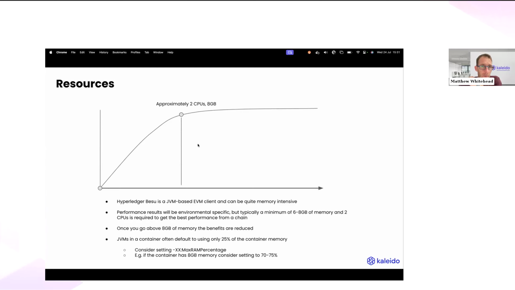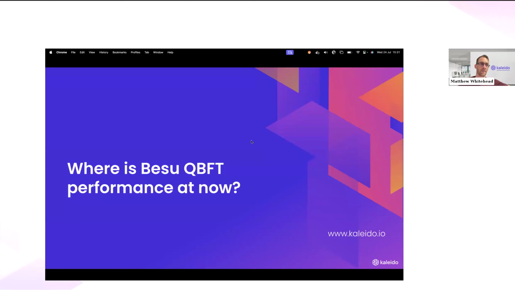So you want to be around these kind of numbers. 2 CPUs, 8 gigabytes is where you want to be at, really. You can go above that. You get slight diminishing returns for that. But just as a ballpark, these are the kind of system sizes that we run with when we're doing performance testing. Okay, so I'm going to show what we're seeing in terms of performance with Besu at the moment. I just thought I'd pause there